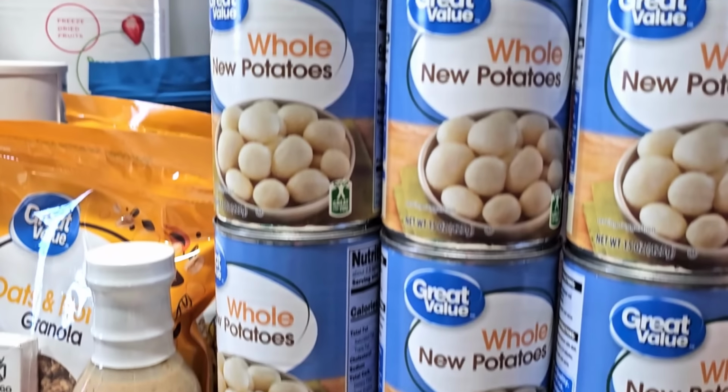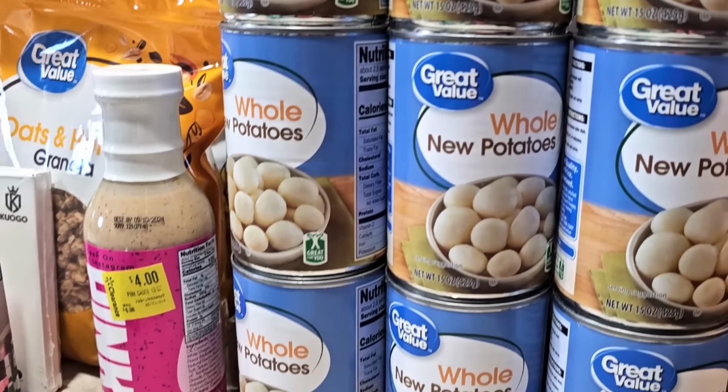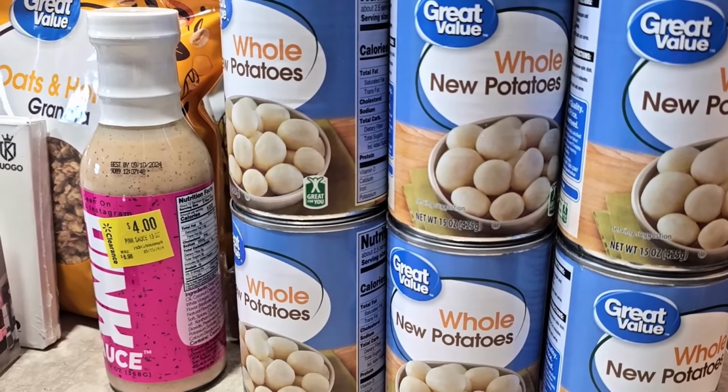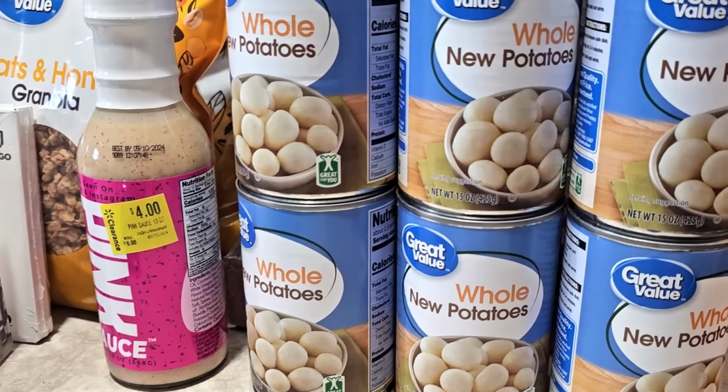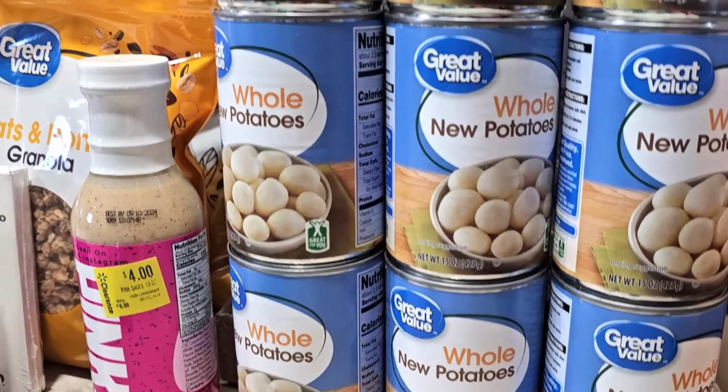And next I've got these canned potatoes. These are whole new potatoes. I have not traditionally really liked canned potatoes very much, at least not store-bought canned potatoes. When I can my own, I tend to dry can them without liquid. I buy sometimes the diced potatoes in cans like this, and I've made fried potatoes with those for breakfast, which works okay,